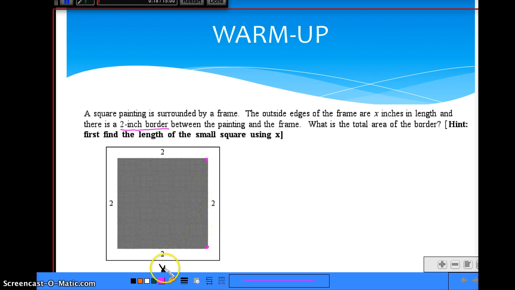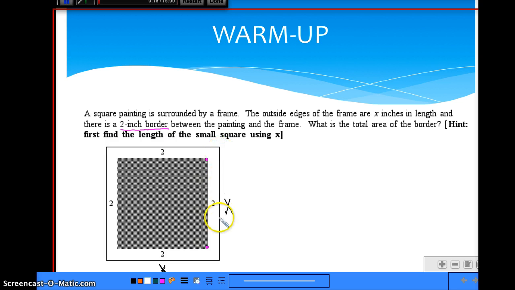In other words, the length of this smaller square is really the length of the larger square, which is x,